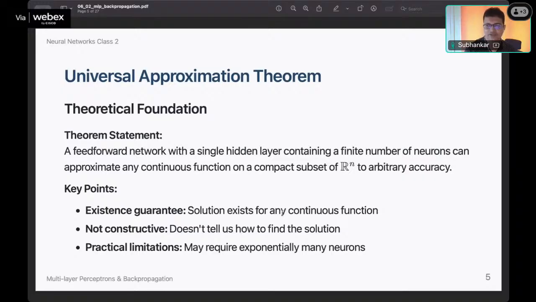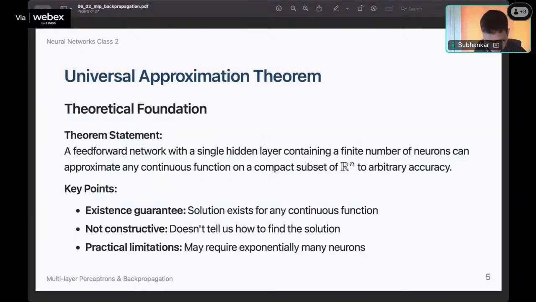The only problem is that it does not tell how to find the solution. Like how many neurons are required is very tricky. And even if you set a finite number of neurons, you might end up not knowing what the values of the weights should be. And practical limitations, as it says, may require exponentially many neurons, which is eventually correct, right? To universally approximate a very complex function to a particular accuracy, the hidden layer will have way too many neurons. But such a theorem does exist,